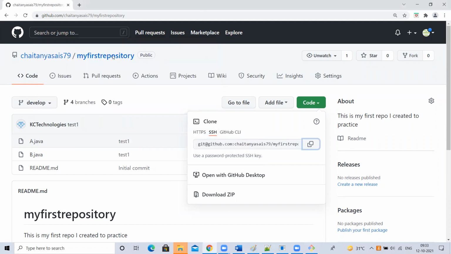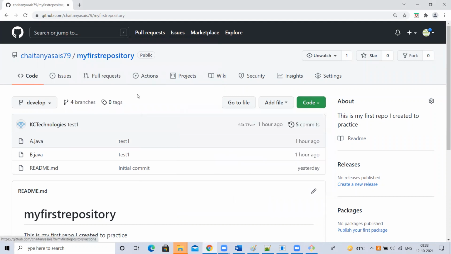Whenever we create a repository, in real time, we get a default branch and main branch. With that, we will create some other branches like develop, QA, whatever is required. So what should be my default branch, like develop in general. So we have to go and make that branch the default branch so that when someone clones the repository, by default, they will be connected to that development branch. Understood, guys?